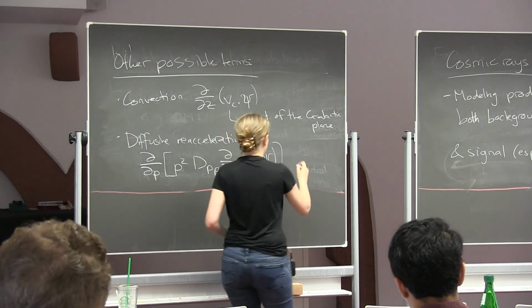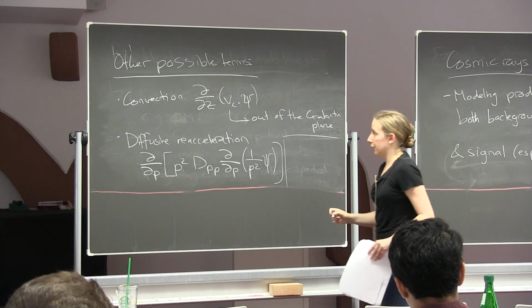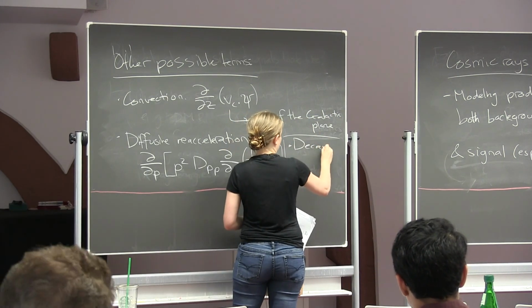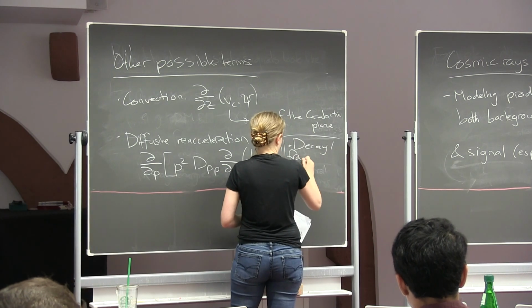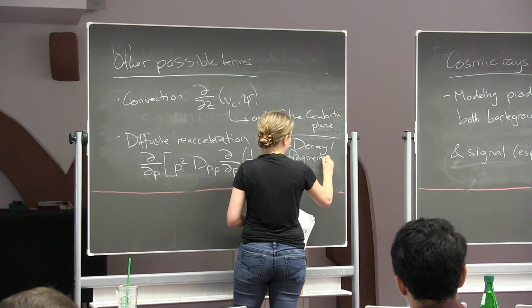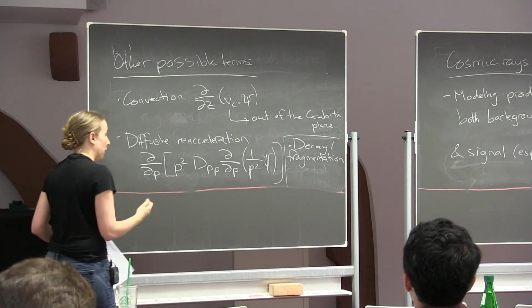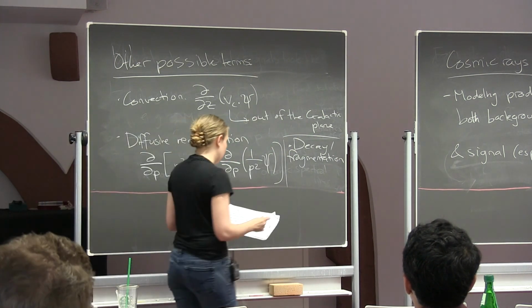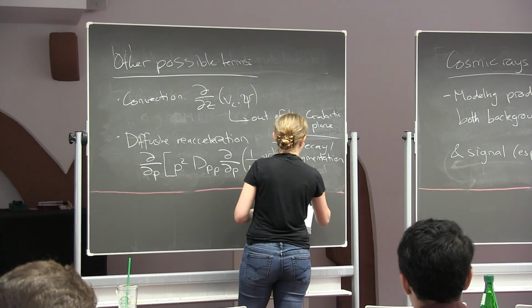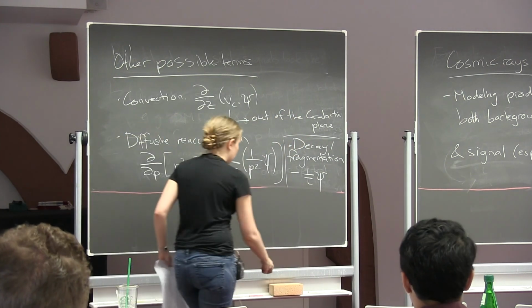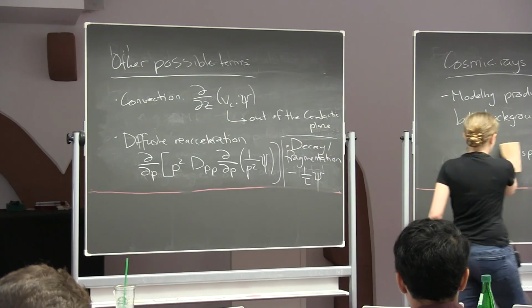Or you could say, okay, we're going to allow the cosmic rays to decay or fragment away, obviously. Say we're dealing with unstable species, we'd need to include that. Some of the cosmic rays can include radioactive nuclei, in which case you have to include this term as well. So then we just include a decay term in this equation. But for purposes,